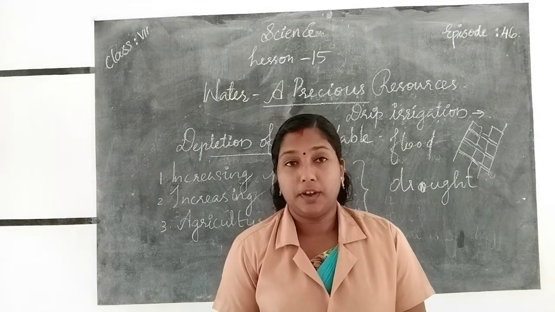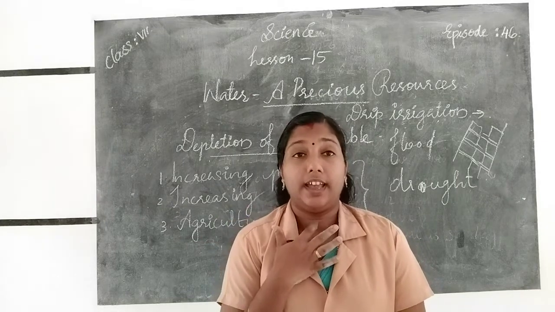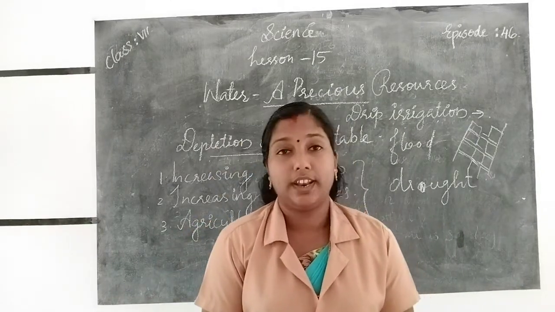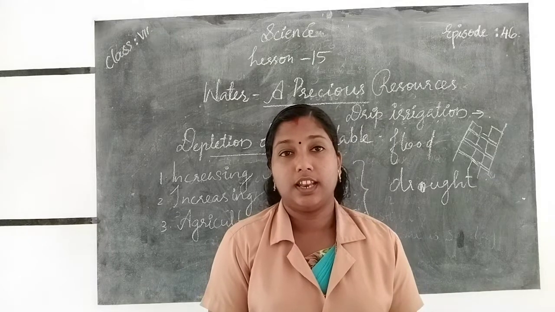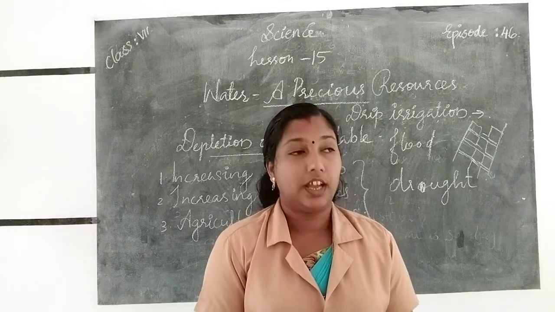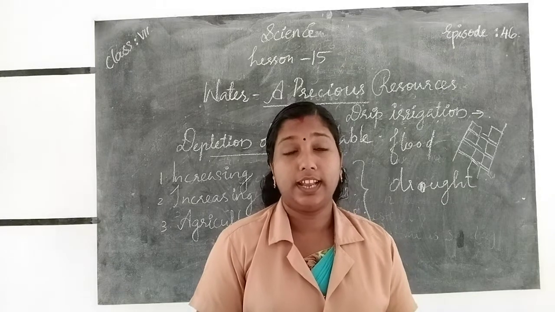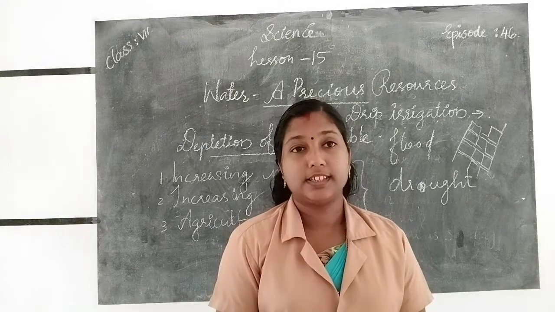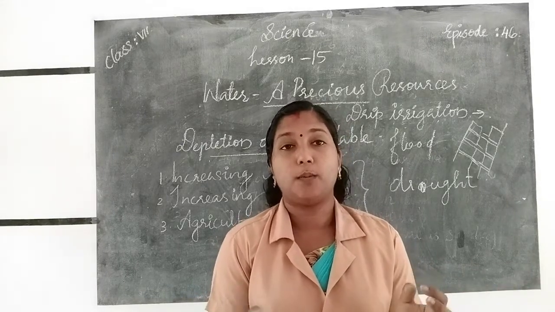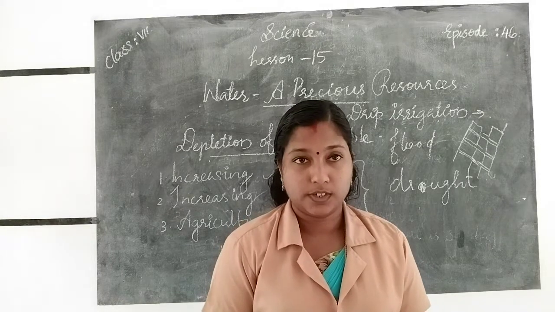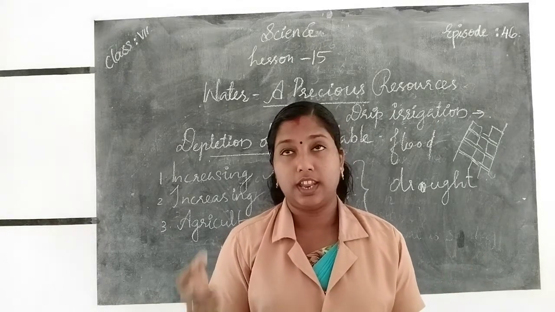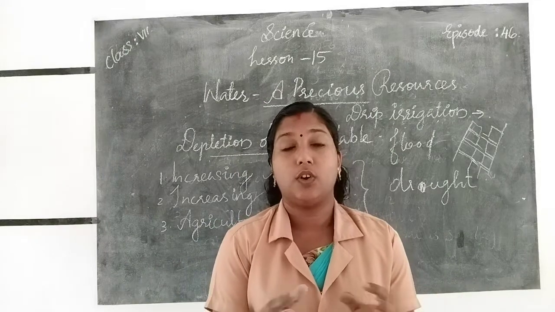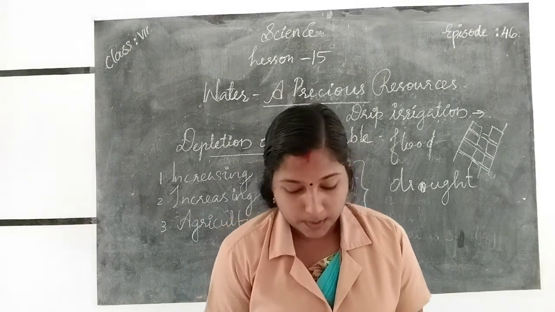Then that hot vapor rises upwards, and at a sufficient height it becomes cooler and cooler. Then the water present in the vapor condenses and floats in the air. Then it forms droplets. The smaller droplets combine to form clouds. Then we can see big clouds in the sky. The small droplets join together and form big clouds.